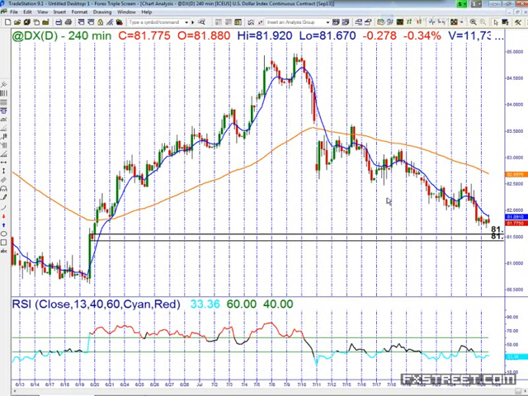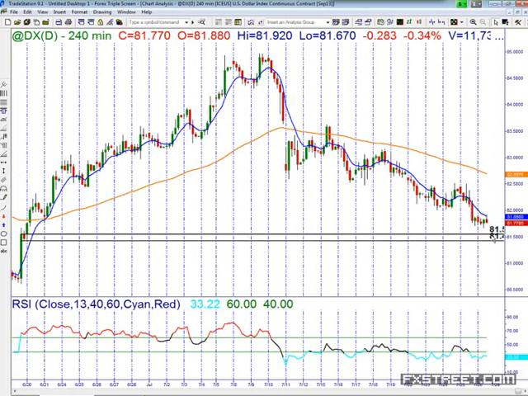But this is fine. Now, what you're asking about is the basing right here before we reach the level. That does make me worried. Absolutely. When I go into a zone, I want to go into a zone very quickly. And the fact that this is basing before it reaches the zone makes me less likely to want to take a trade there. Okay. That combined with the fact that we are in a very strong downtrend,